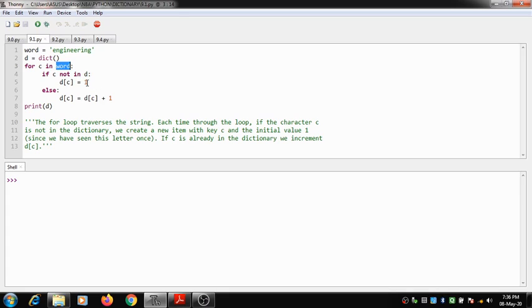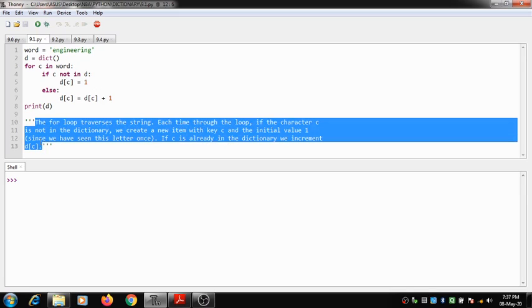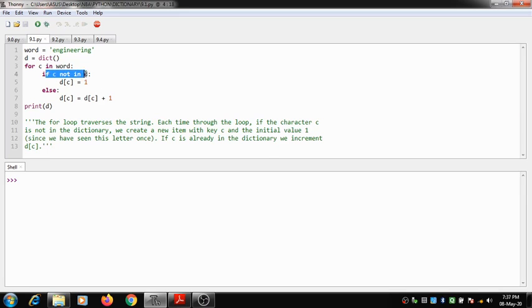If not, then we assign that it is appearing only once. So the for loop traverses the string. Each time in the loop, if the character C is not in the dictionary, we create a new item with key C and the initial value 1.